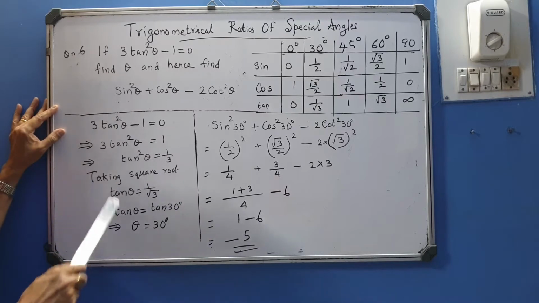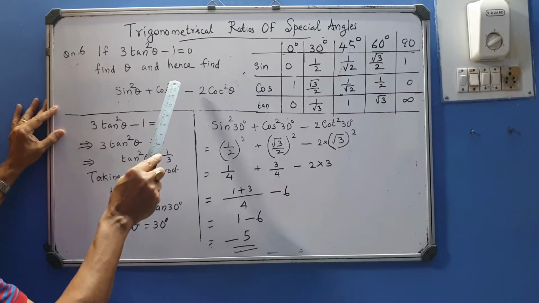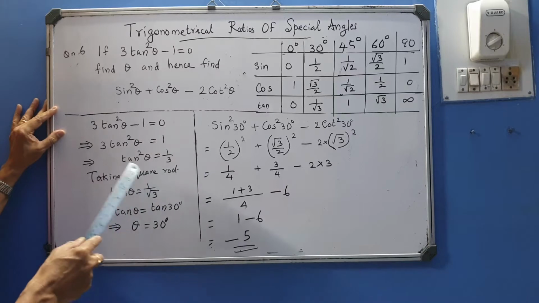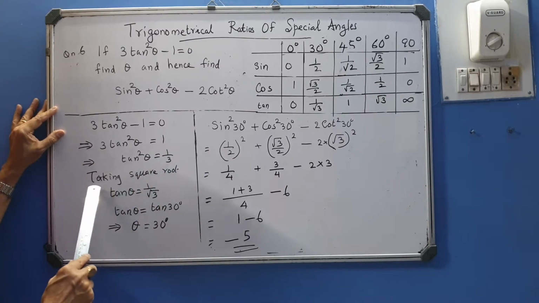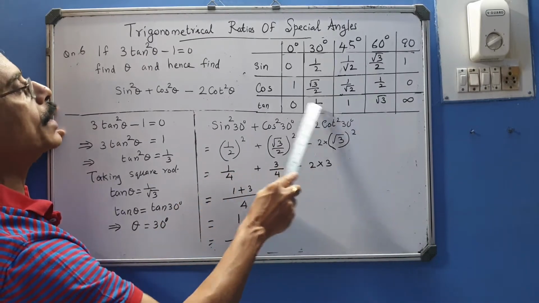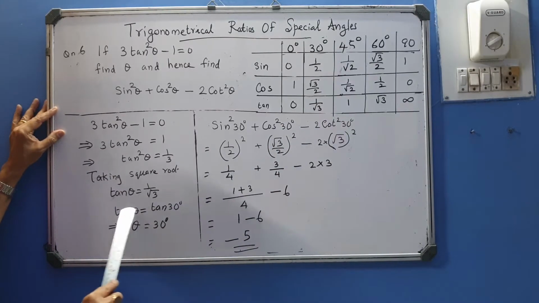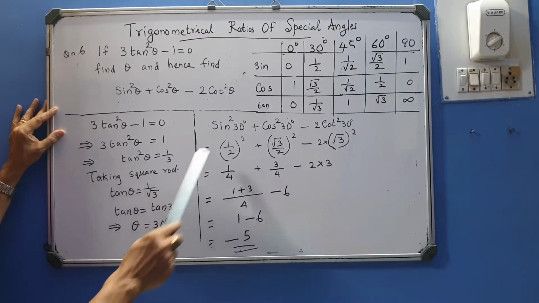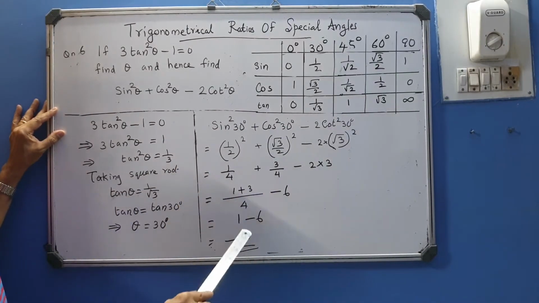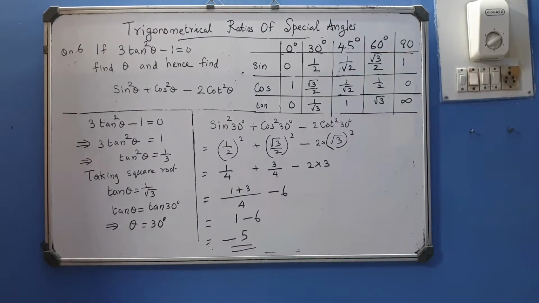Again, you need to get the value for theta first because the question says get the value for theta. So we cannot use the triangle method here, we have to use the angle first. So 3 tan square theta minus 1, take 1 to the other side, later 3 to the other side, then take square root on both sides, we get tan theta is 1 upon root 3. Now search for 1 upon root 3 in the tan values. So that is tan 30. So 1 by root 3 is replaced by tan 30. Tan and tan will get cut. Theta is 30. Then put 30 degrees in place of theta. Insert the values and simplify. You get the answer to be minus 5.